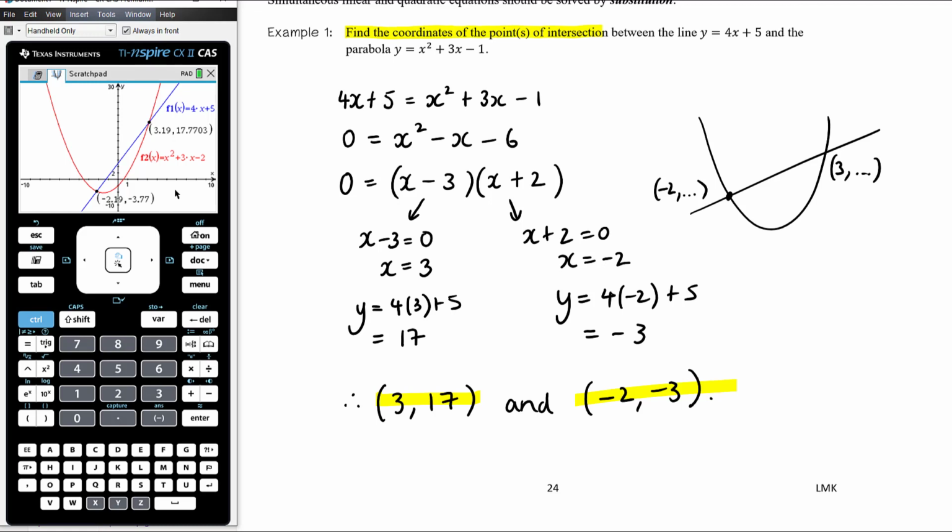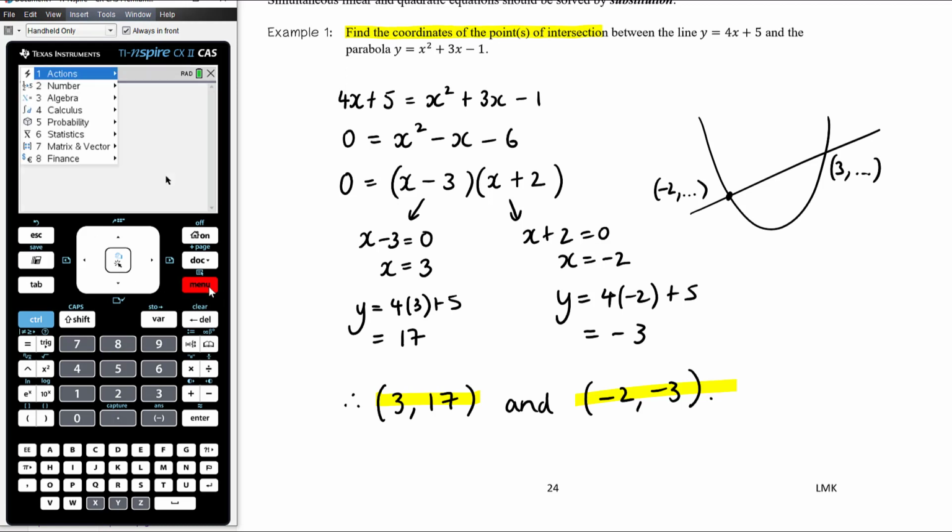If however you've drawn your graphs first, fine. Then I would solve my equations over in the calculator screen, okay? So over there, you want to solve f1 of x, which is the first graph, the linear graph, equal to f2 of x, which is the parabola. Oops, sorry. We want to solve that for x, and then we've got the exact x coordinates of the points where they intersect, and then to find the y coordinates, we're going to substitute into one of the functions, it doesn't matter which one, and we can either retype in this expression, square root of 29 plus 1 over 2,